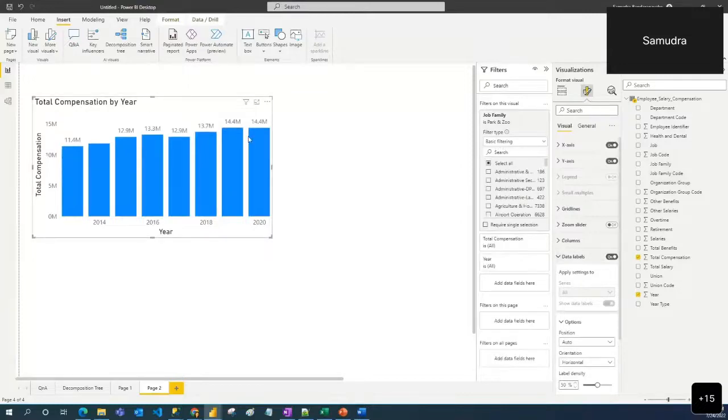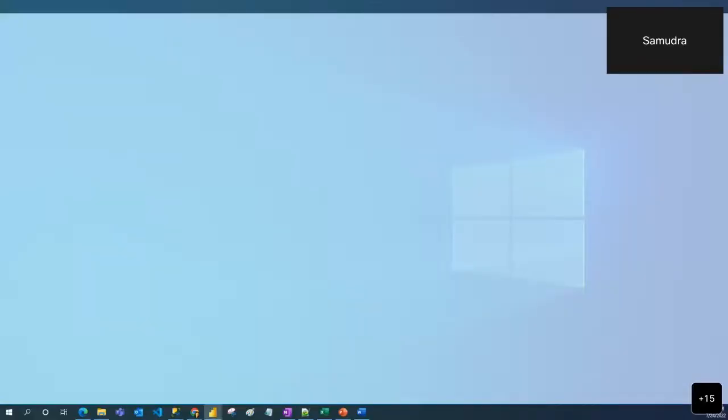So here you can see these are the total compensation values, and I'm going to get some decreases, like here showing